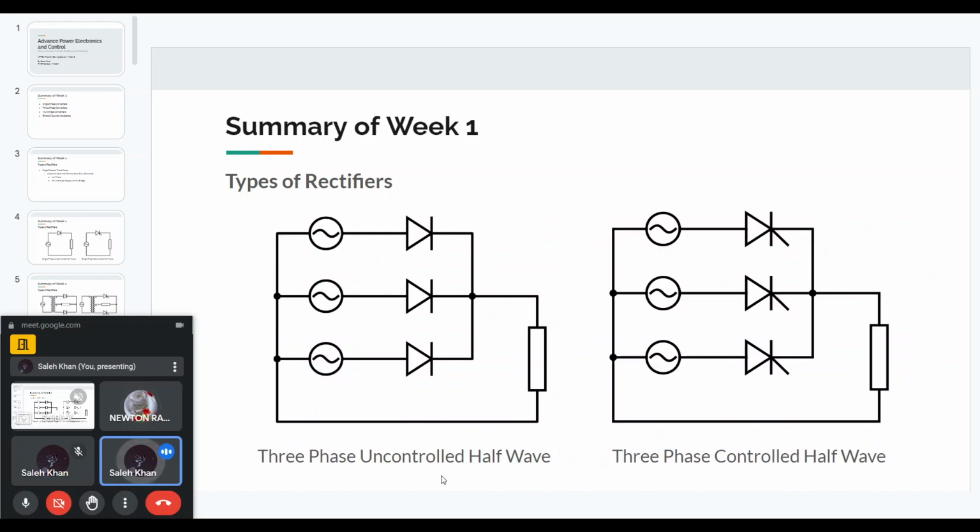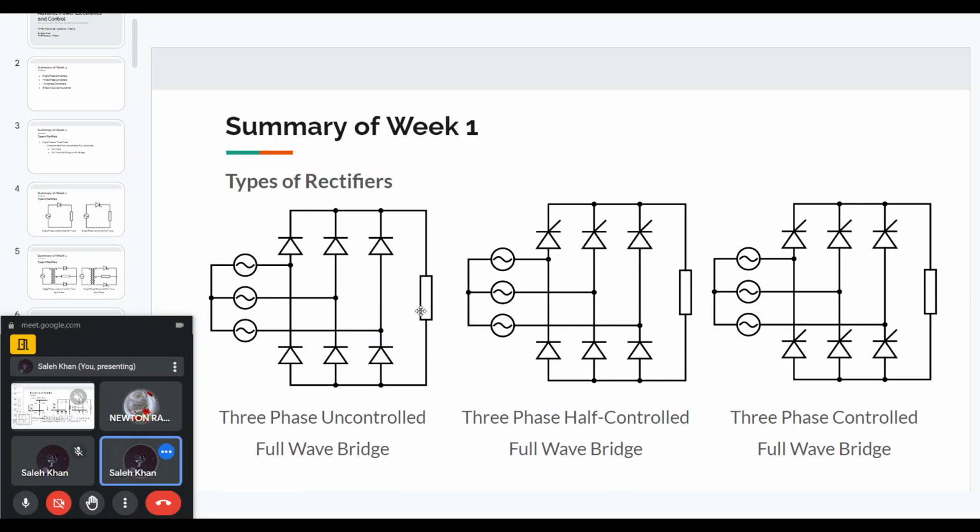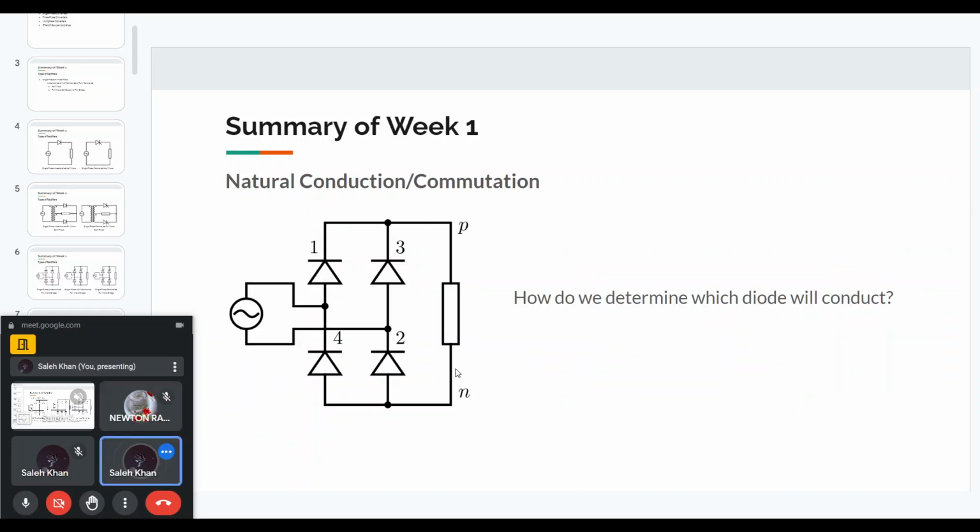Now coming to three phase, again we can have a half wave circuit where we only have the positive direction, and these will be three pulse voltages, or we can have full wave where we have six pulse voltages at the output. Again we can have fully uncontrolled, fully controlled, or in the middle some kind of half control. So these are the types of rectifiers. Next,